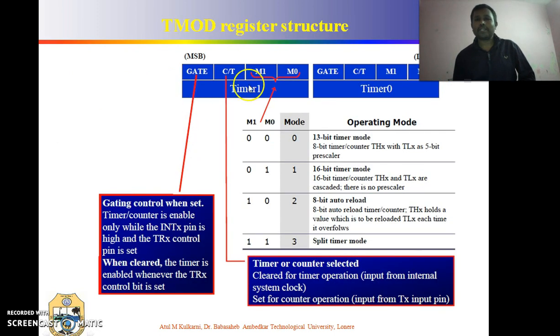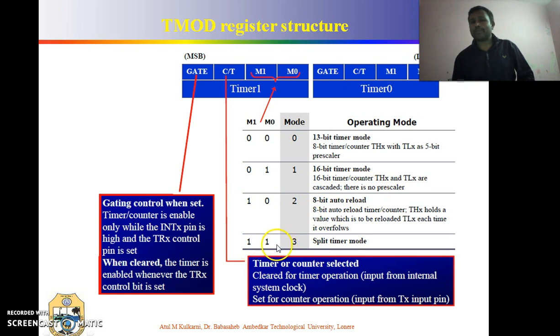Now let us revisit the TMOD register. As we already discussed, M0, M1, C/T bar, gate, M0, M1, C/T bar, gate. These 4 bits are related to timer 0, these are related to timer 1. So for the time being, just don't consider the other modes of the timer. If these 2 bits are 0, 0, it means the programmer is using a 13-bit timer. If these are 0, 1, it means we are using a 16-bit timer. If the same bits are 1, 0, it means we are using an 8-bit timer.